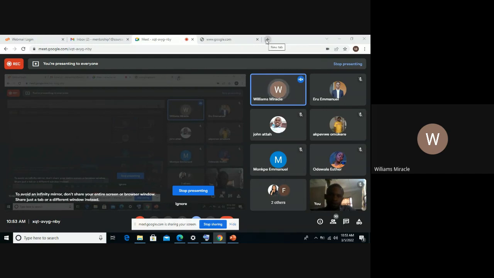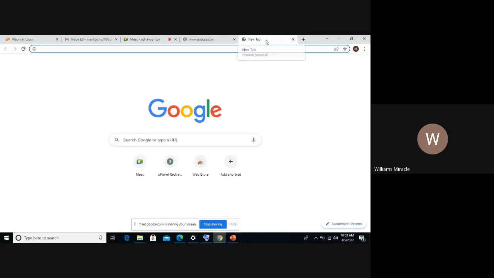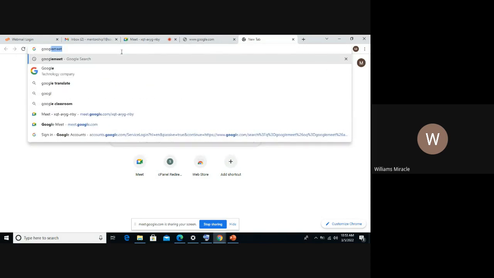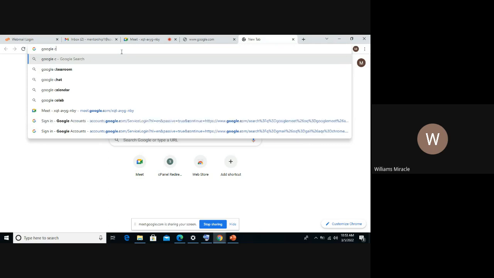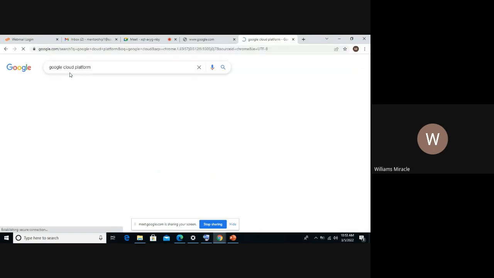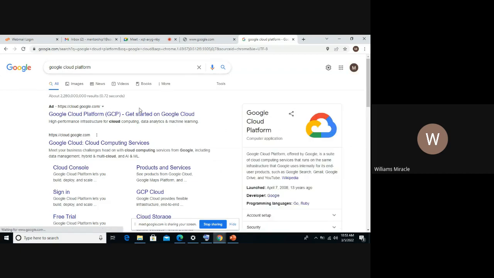I'll open a new tab and go to Google, just say GCP is the short name for it, and search Google Cloud Platform. This is a good example of what I'm talking about, referring to the cloud computing providers.